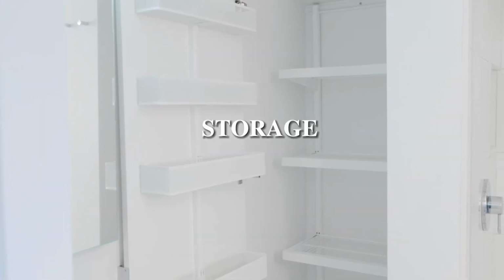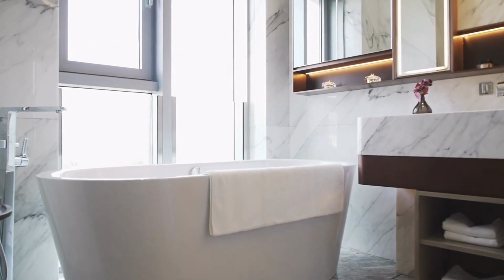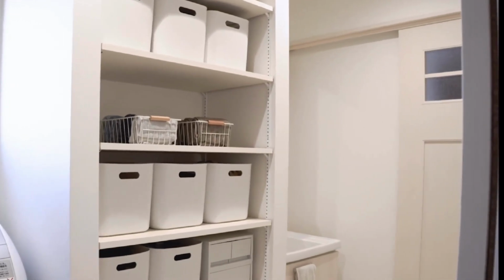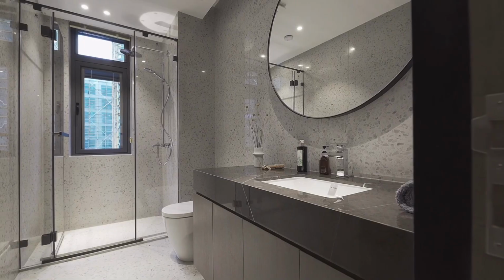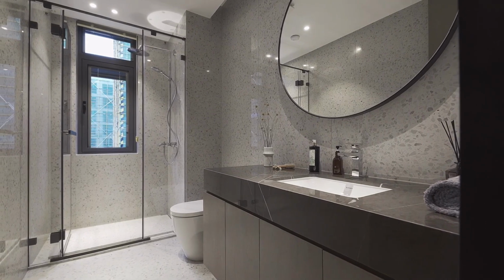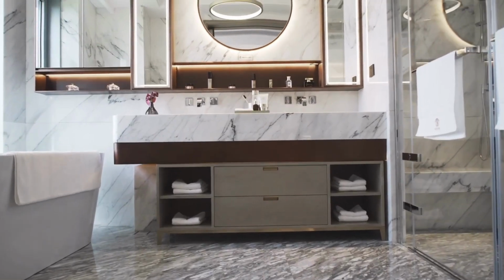Storage. Storage is also a key in any bathroom renovation, so make sure to include plenty of built-in cabinets, shelves, and drawers to keep everything organized and clutter-free. Storage solutions can increase the functionality of your bathroom. For example, a vanity with drawers can provide extra storage space and make it easier to get ready in the